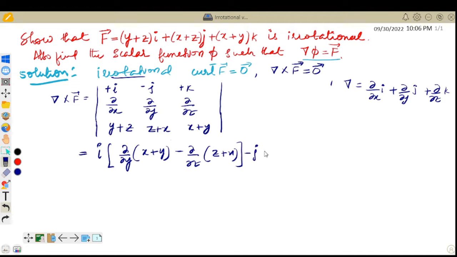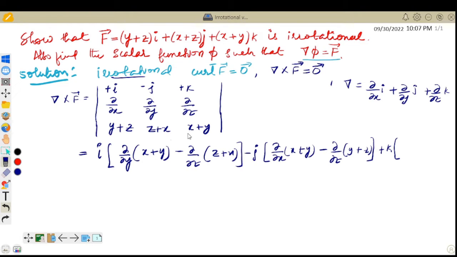Minus j times of, leave the first row, second column: dou by dou x of x plus y minus dou by dou z of y plus z. Plus k times of, leave the first row, third column: